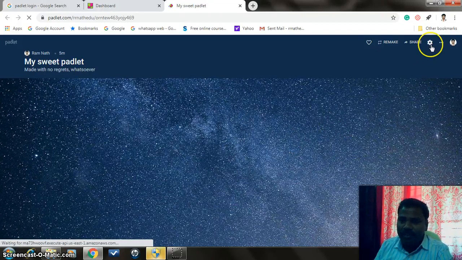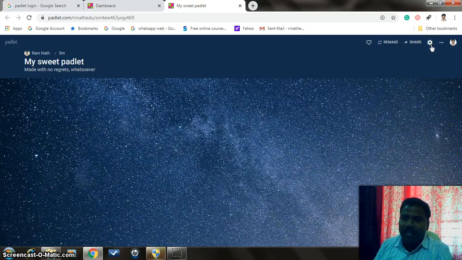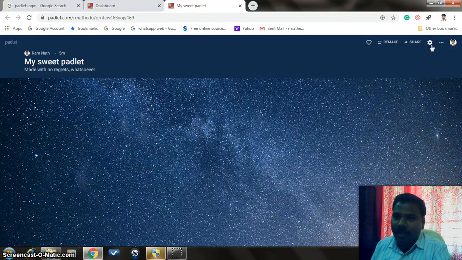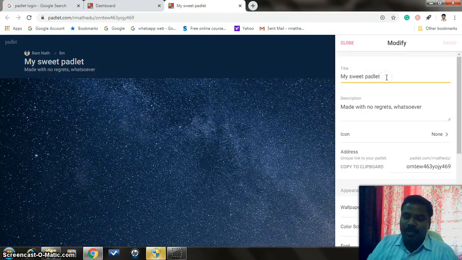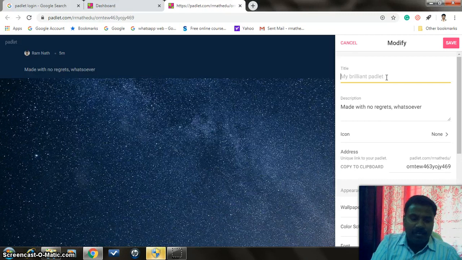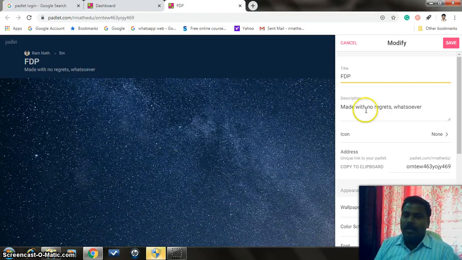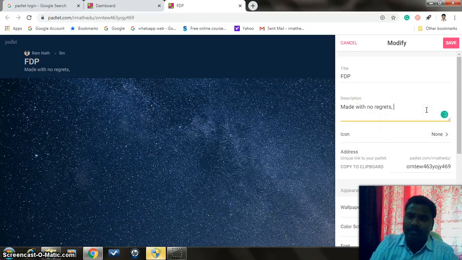When you place your cursor over here, a different tab will be available to you for modifying the Padlet. So now you can give a title to your Padlet. The title is FDP, and some description of about one to two lines can be given.